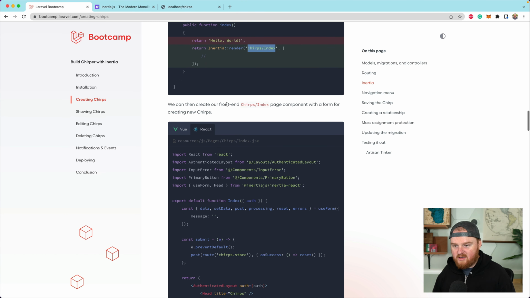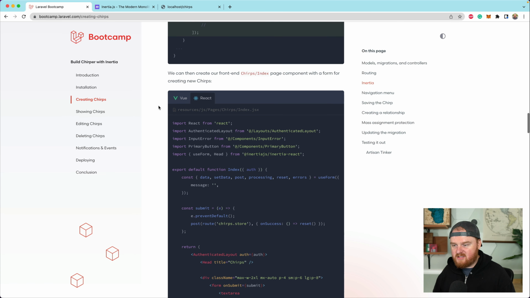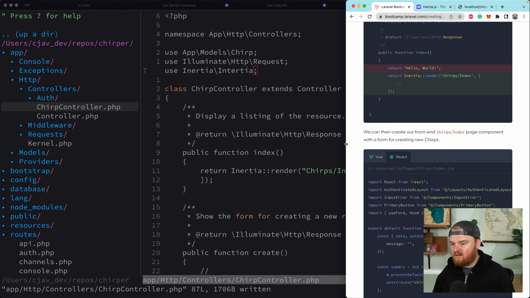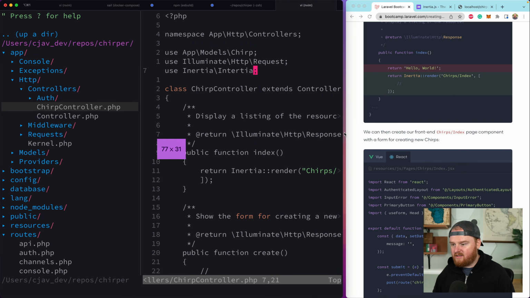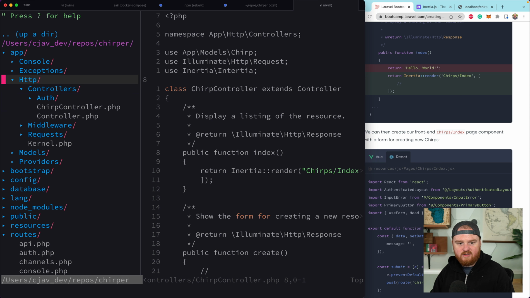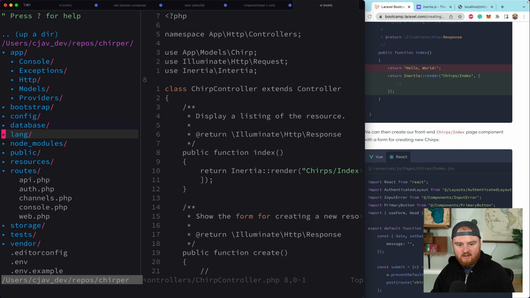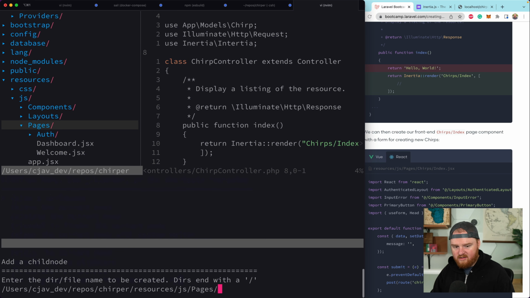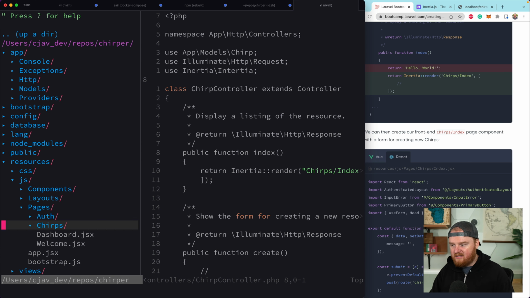So now it says we can create our front-end component, chirps/index page, with a form for creating new chirps. All right, this is a lot, but I'm going to actually type it out just so that I'm picking everything up. So let's move this over here. And okay, so this is going to go into resources JS. So apparently this is where we're going to write some JavaScript stuff. And in pages, we're going to add a new chirps directory. And in there, we're going to add